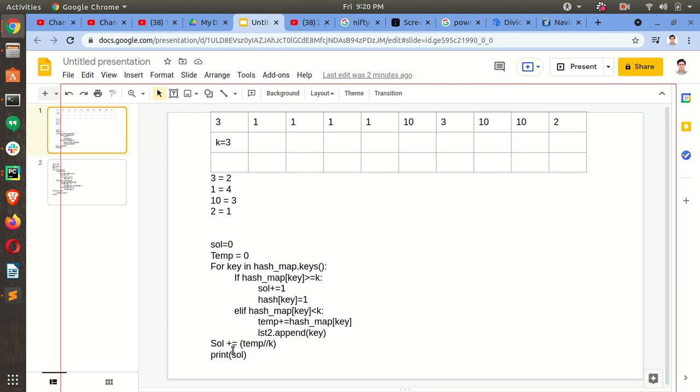And now we will sum up solve with temp divided by k, means temp divided by k and the floor. So how many more elements we can color with k different colors.